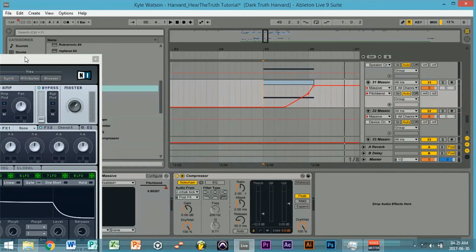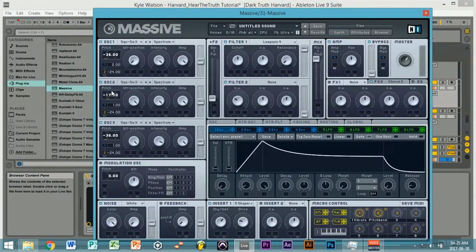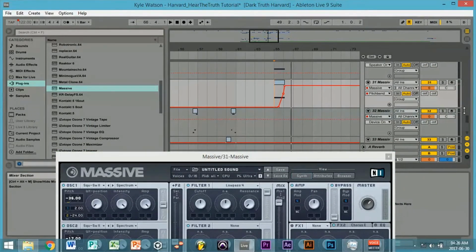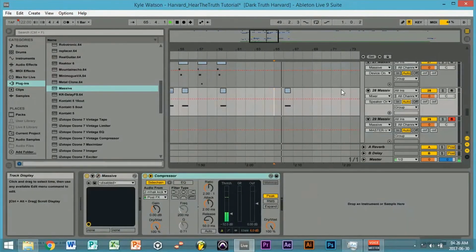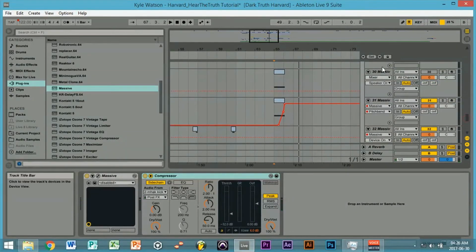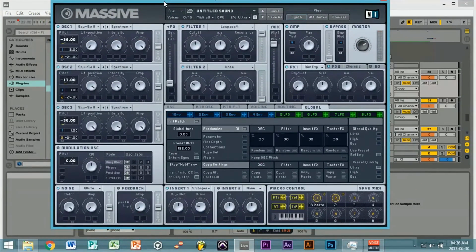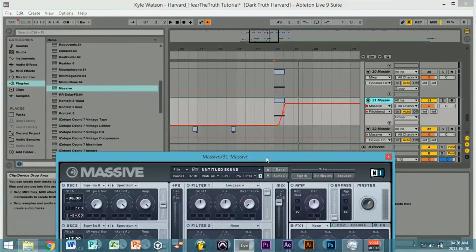Okay, and that's basically the whole sound in a nutshell. This envelope modulation here, that's giving it the main effect. It's giving this kind of detunement or dissonance to the sound, and that's it. So if we listen back, I'm just going to put the original back on. Alright, so that's basically the sound. I just want to see what I did to the original here. Okay, if we look here, it's basically exactly the same, and that's it. I think I've just got this up to